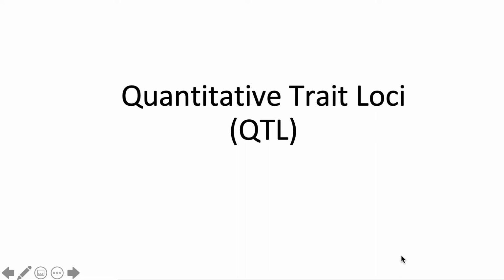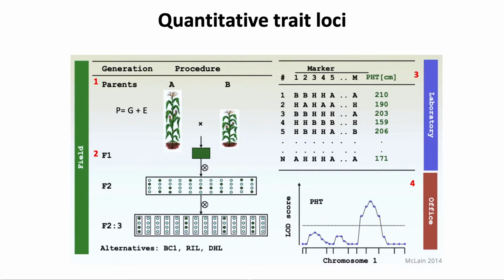We're going to talk about quantitative trait loci, and there are four big steps involved in the QTL analysis. The first one is the identification of the parents. It's really important that the parents you use to generate the populations are contrasting in the phenotype that you are interested in, and because some of the variation